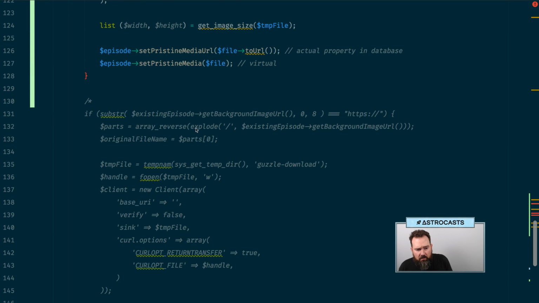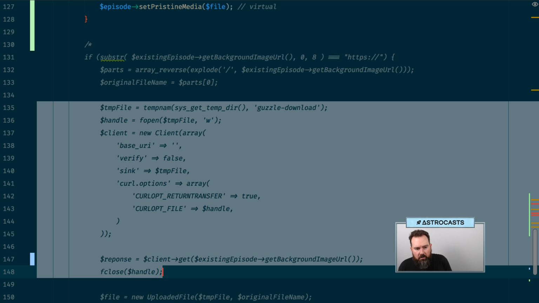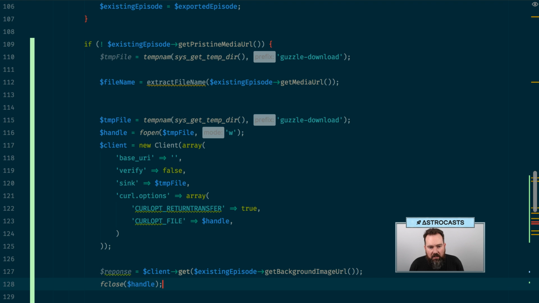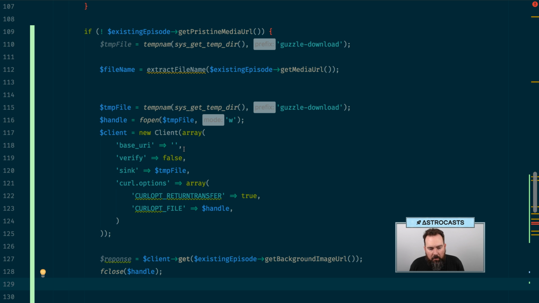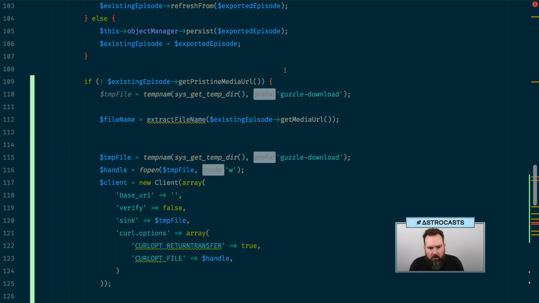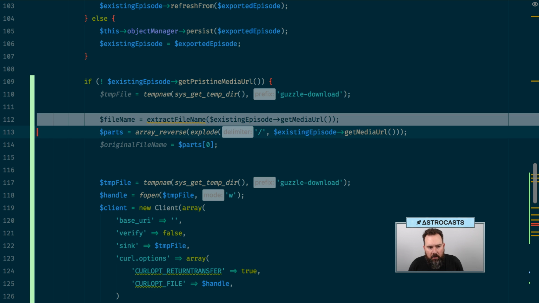We need to get the client, so let's see here. Handle, blah, blah, blah. Close handle. So this part, I was just hand waving earlier, so the response will come later. Extract file name, that's something that we actually had in here already. Because we were doing this part. So let's do, all right, so we're going to do get media URL. And then